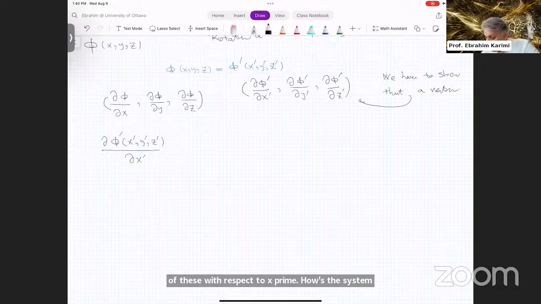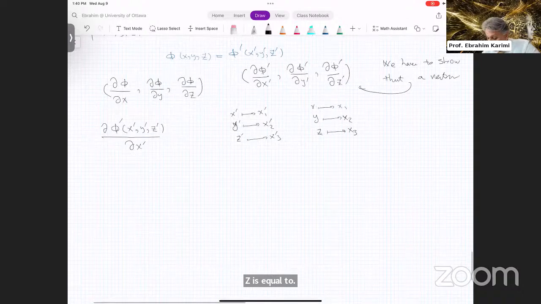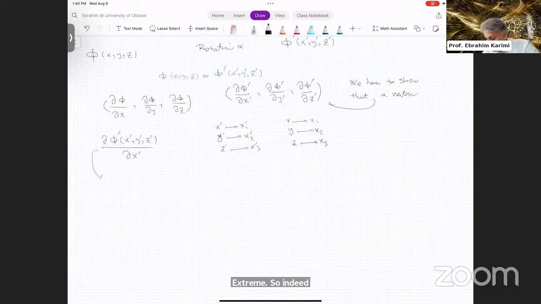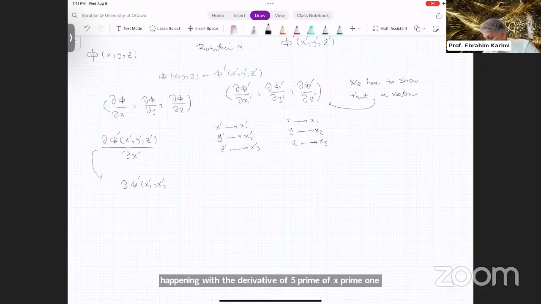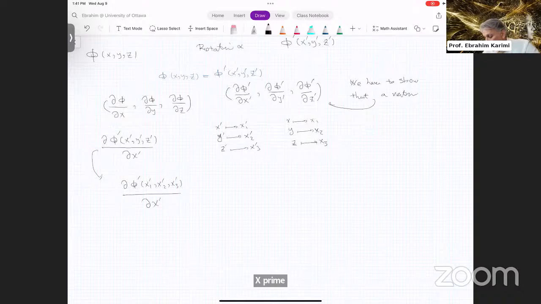Now I will change from x prime to x prime 1, y prime to x prime 2, z prime to x prime 3, and the same, x is equal to x1, y is equal to x2, and z is equal to x3. So indeed, I want to calculate what is happening with the derivative of phi prime of x prime 1, x prime 2, x prime 3